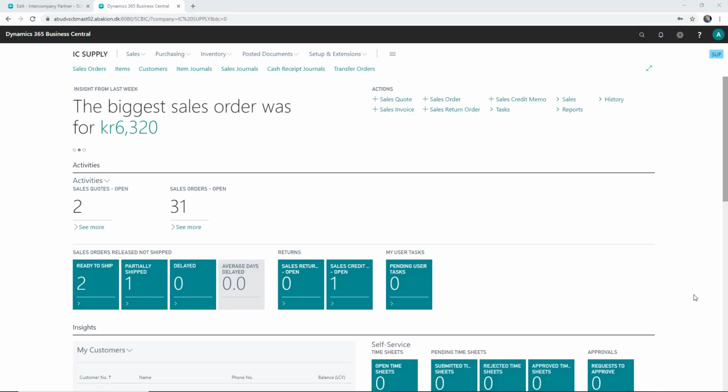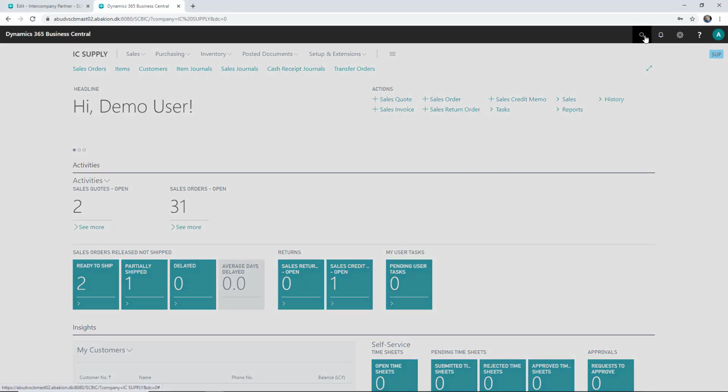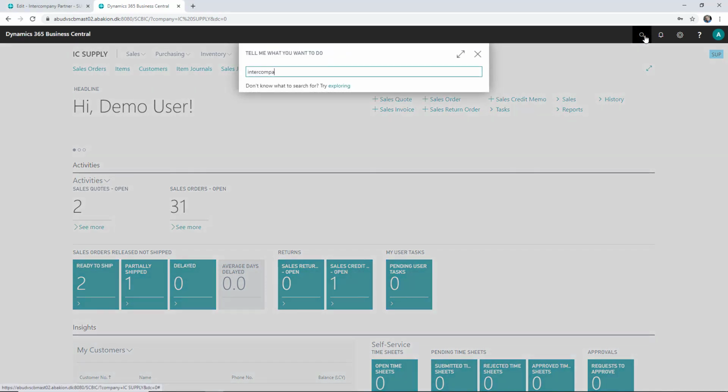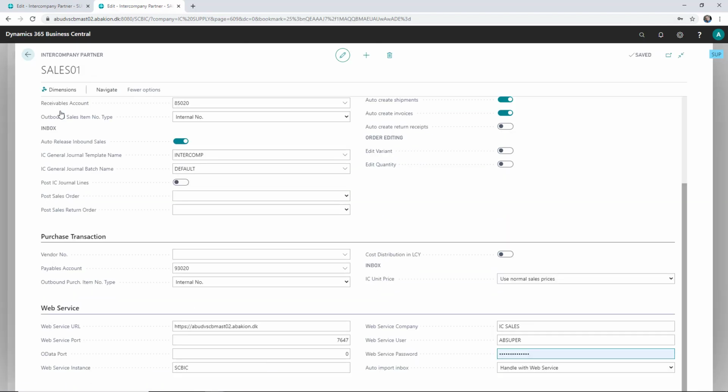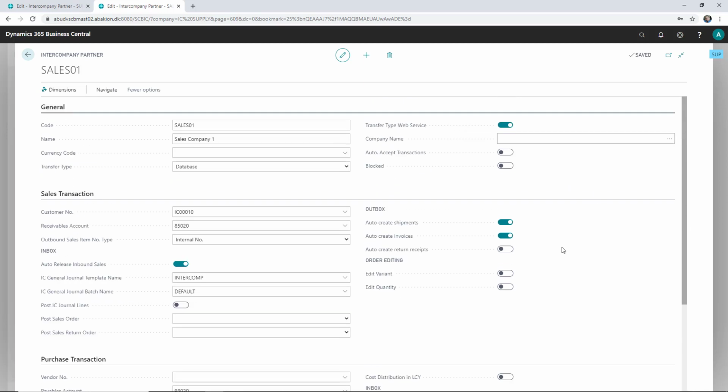So we're going to look into how to set up the intercompany partner and look at some of the possibilities you have there with the intercompany app. So I'm here right now in my supply company and find my intercompany partner. So this is the intercompany partner for the sales company. And there's a lot of extra setup possibilities here in the intercompany app, but also you'll find the standard intercompany